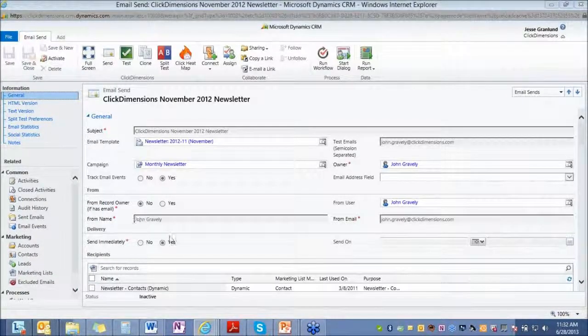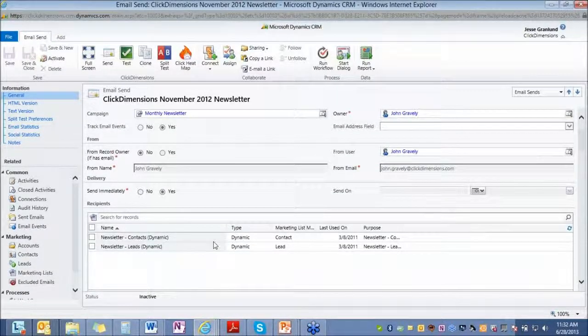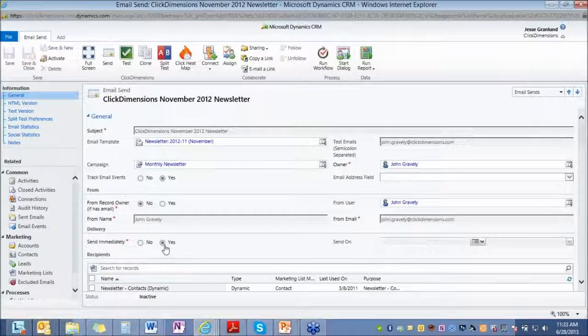So this email send record is something that you'll fill out every time that you send out an email. So you'll enter your recipients, which can be any combinations of your marketing list, leads, contacts, and accounts in CRM. And those marketing lists can be dynamic or static. You can send these right away, queue it up to send it on a later date. You can have these emails sent from the record owner. You can attach everything to a Microsoft Dynamics CRM campaign for some aggregate tracking, and you can send out test